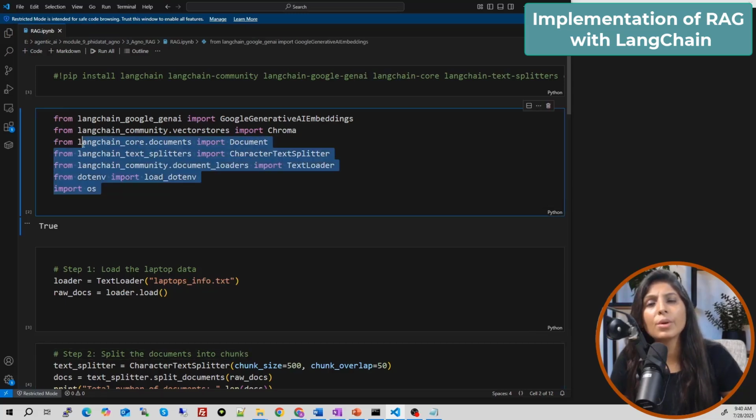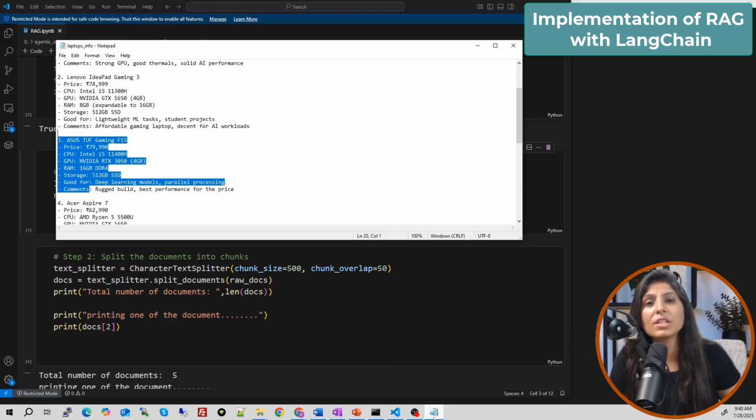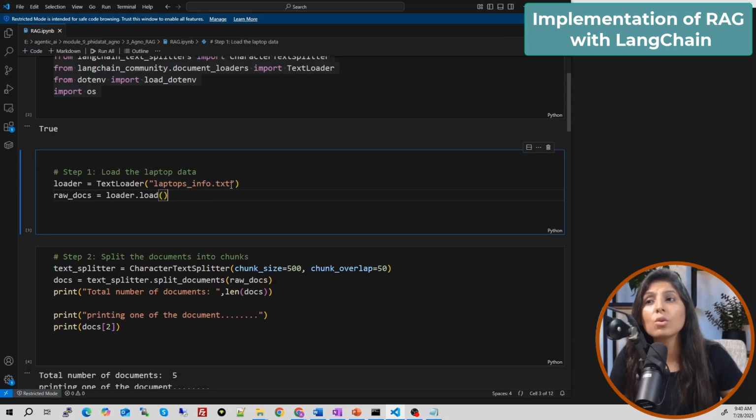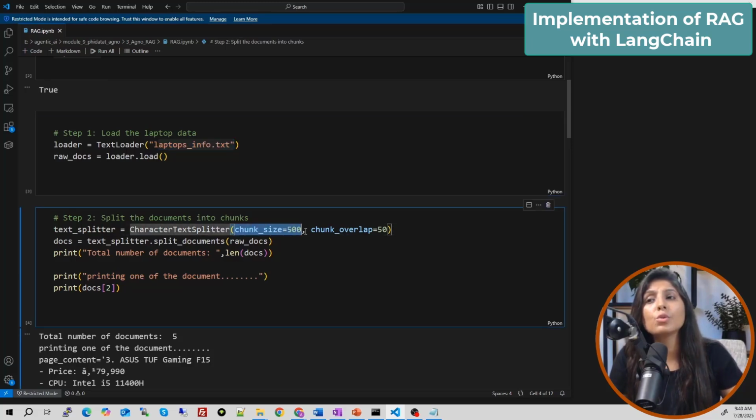First we are importing all the modules. Then we are loading the text file, which I have shown you, which has the data of 50 laptops, let's say right now. After loading the entire text file, we are dividing it into smaller chunks. Here the chunk size is 500.